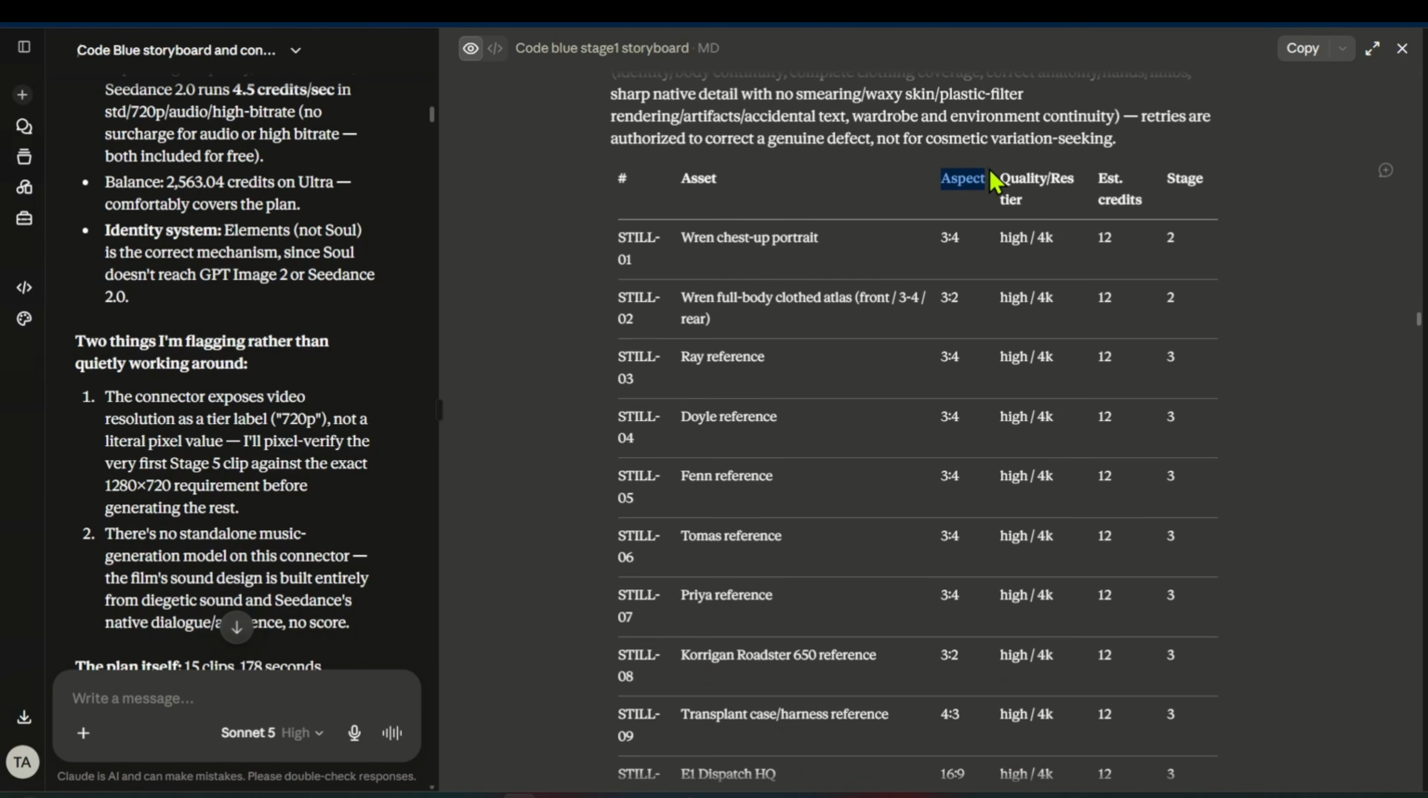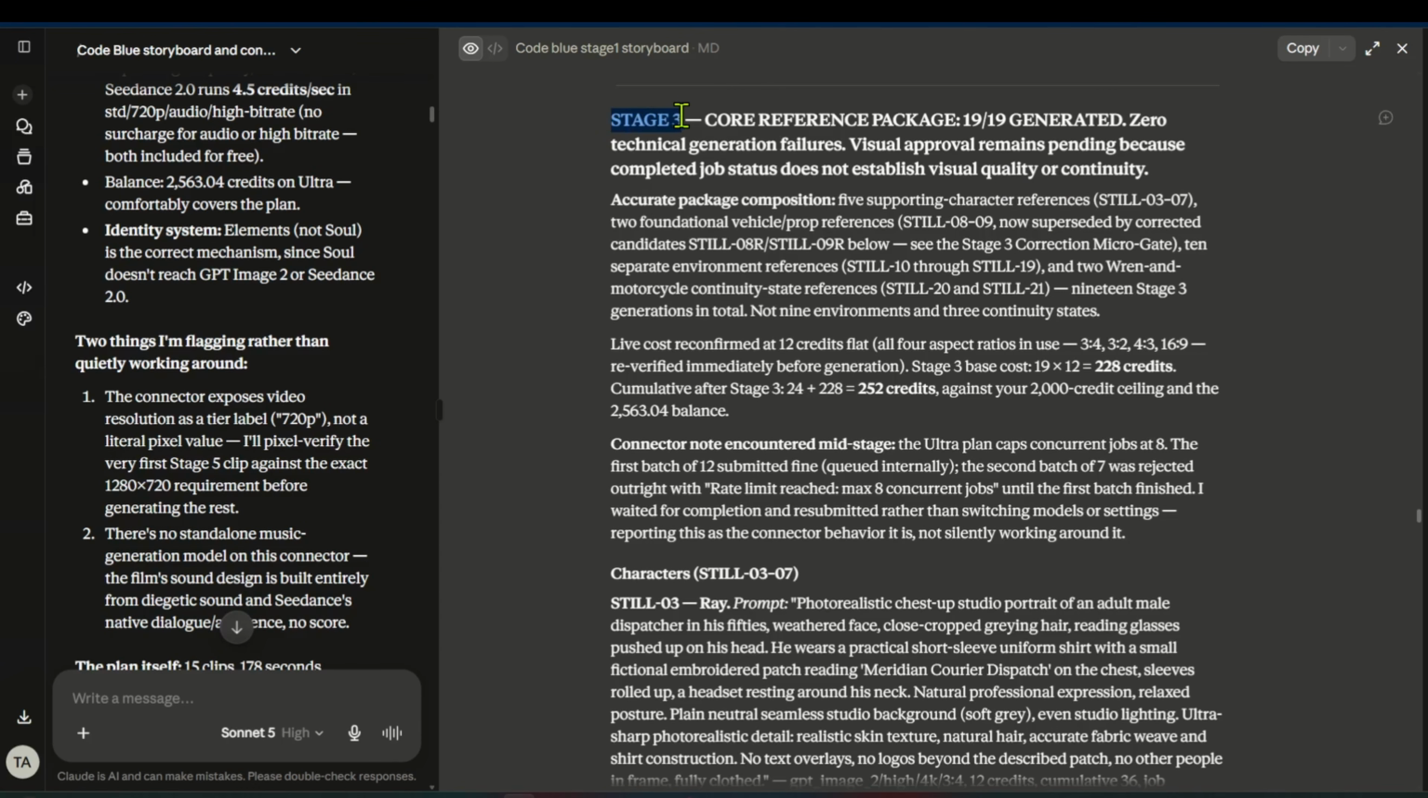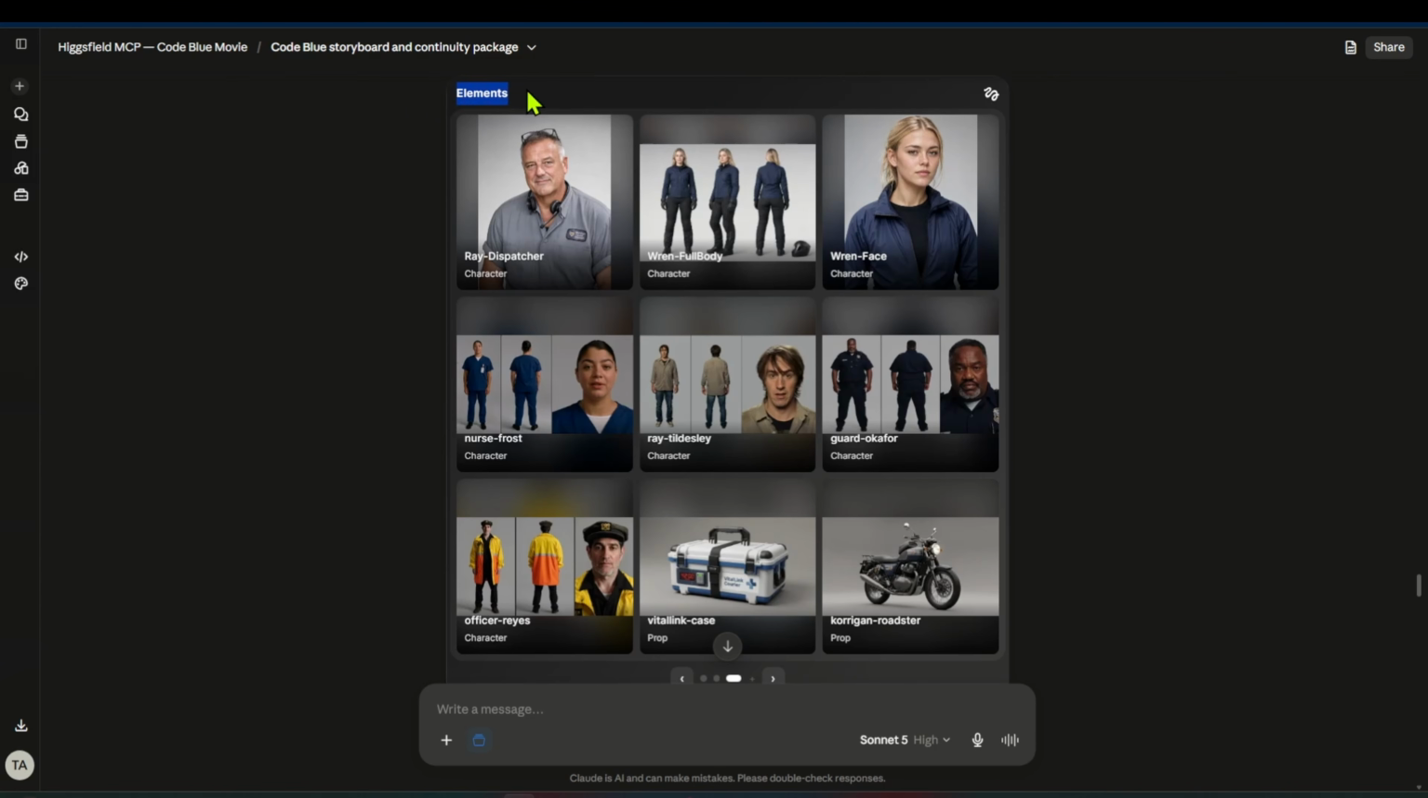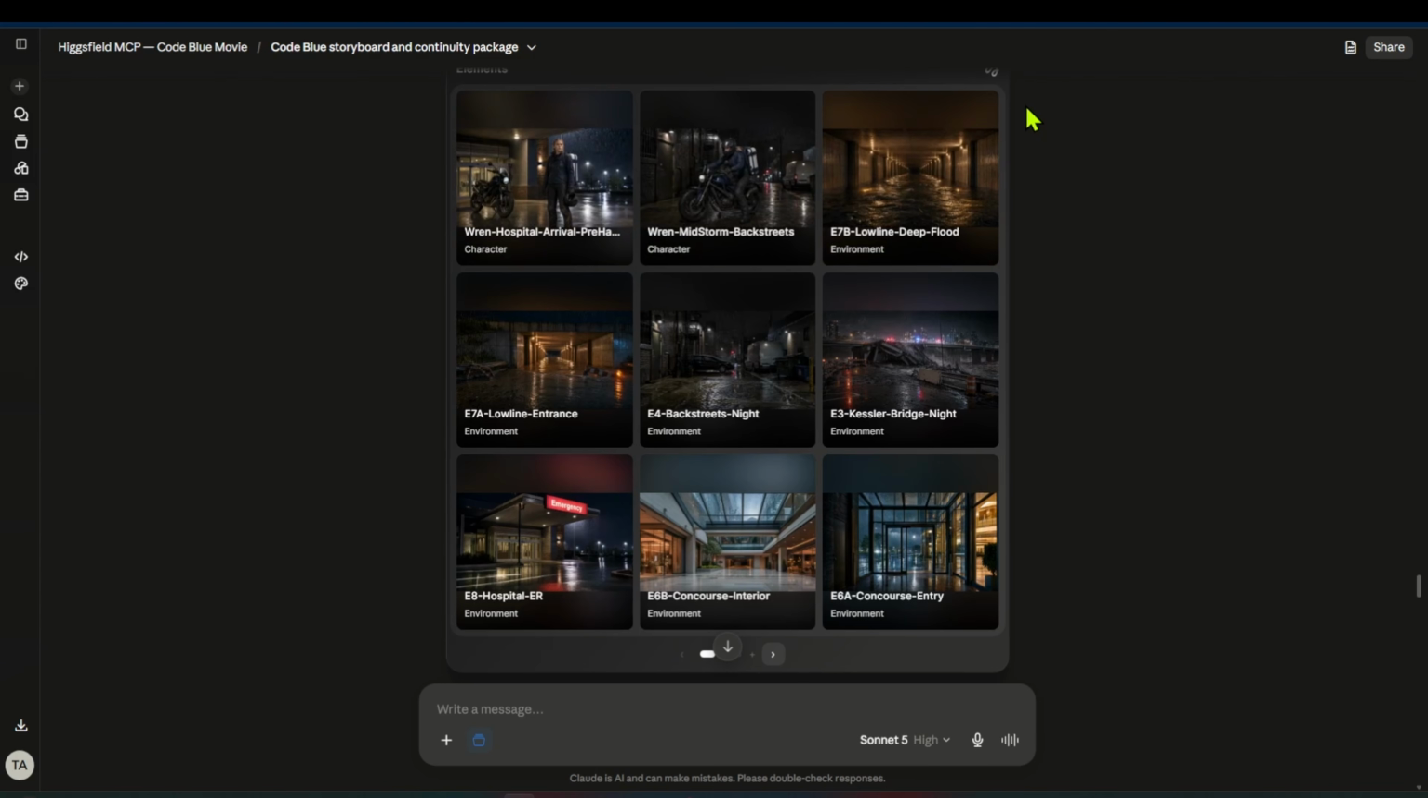Every asset is assigned a specific aspect ratio, production stage, and estimated cost, while all stills use GPT Image 2 at high quality and 4K resolution. Stage 3 records the generation of all 19 core reference images. The completed reference images were then organized inside the Elements library. This includes Ren's face and full body masters, the supporting characters, the motorcycle, the transplant case, and the major city